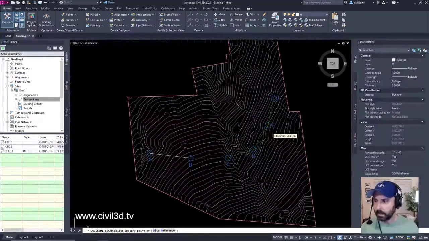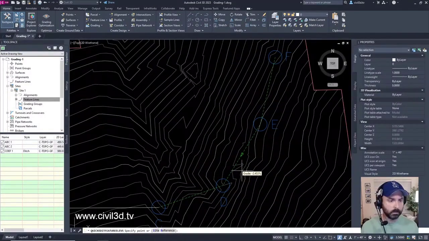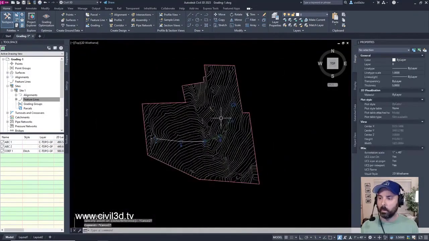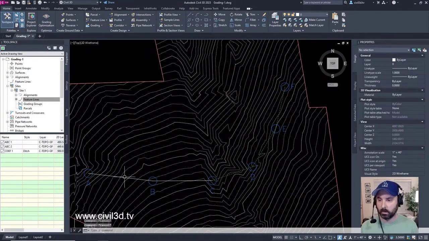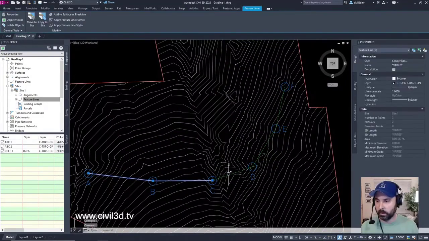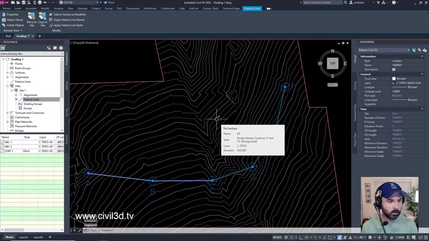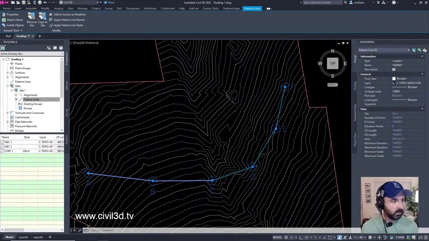So that's what's going on right there. Okay, so now we have 3 feature lines. 1, 2, and 3. And that's essentially the end of this particular exercise.